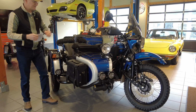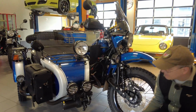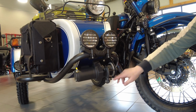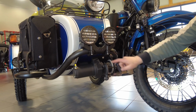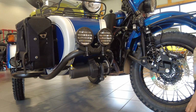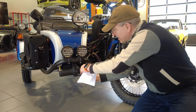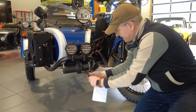So we have two items left. One is the hand shifter, and the other one, check out the winch. It's so discreet that you may not even notice it, but it's highly functional. So we do have them upgraded. We used to offer them with the metal cable, which eventually you would need to maintain or replace after many years. So we found the option of the nylon, carbon fiber reinforced nylon, and